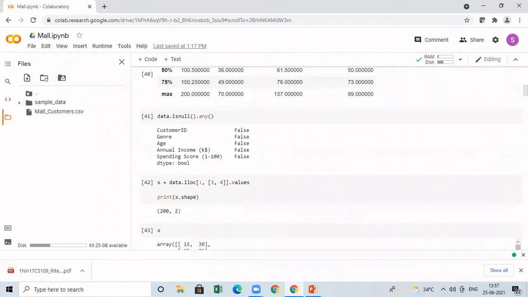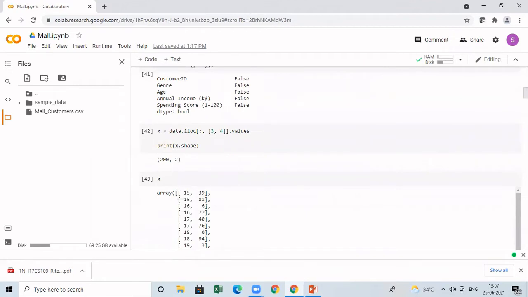So there is no null value in my data set, which we already know by means of the info method. Here we are again checking it. Then now I'm going to create clusters. For clustering, you can select any of the attributes to cluster the objects. Now, what I'm going to do is to cluster my object, I am going to select columns 3 and 4.